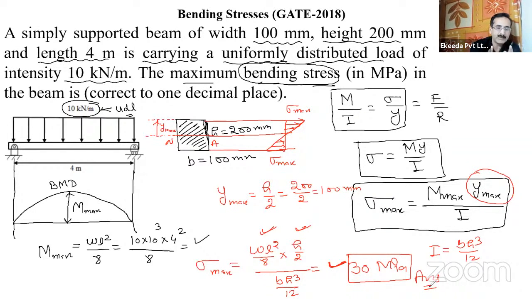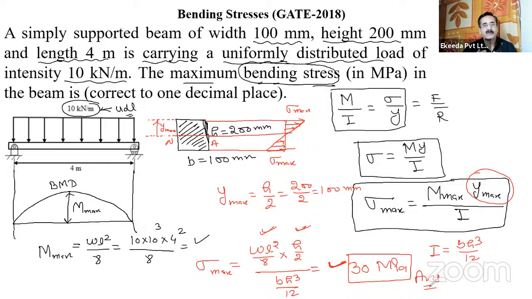For maximum bending stress, because the failure takes place at maximum bending stress, you need to find out two things. One is the maximum bending moment. You have to locate the magnitude of maximum bending moment first, then the maximum fiber where the maximum bending stress occurs, and that is the outer fiber basically, the maximum distance from the neutral axis. And then I, you have to locate what is the